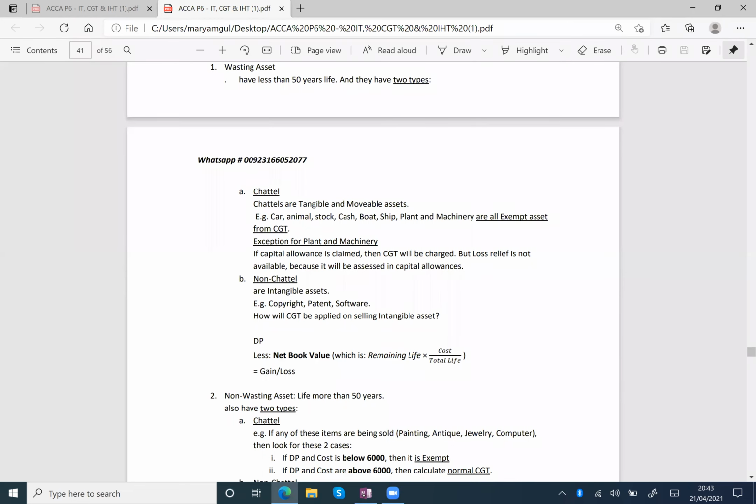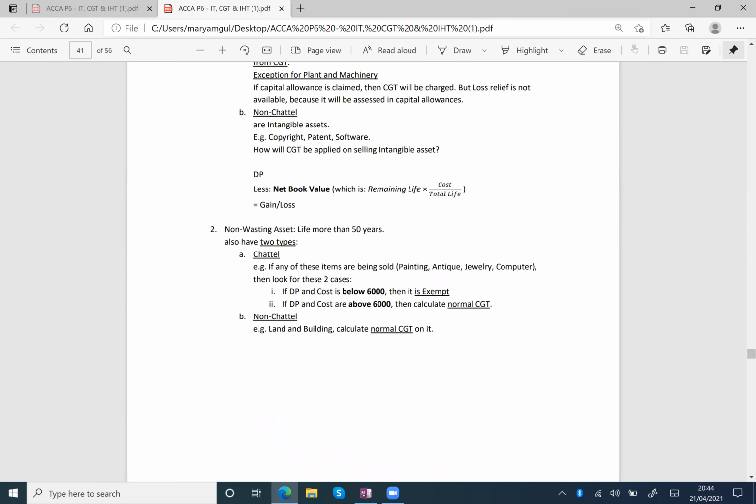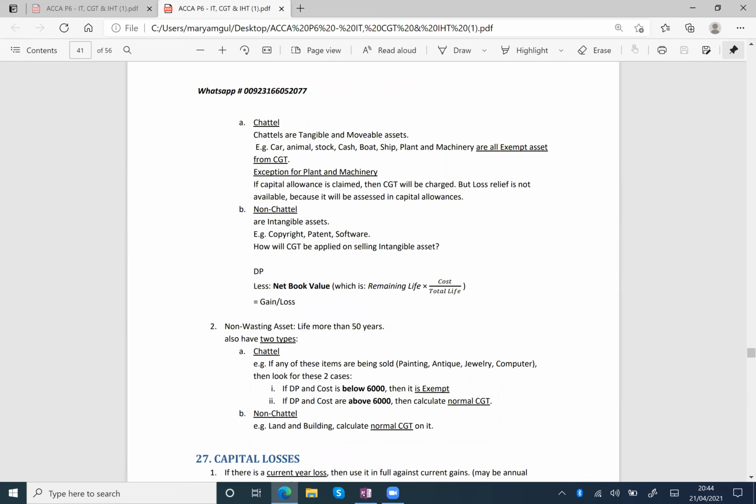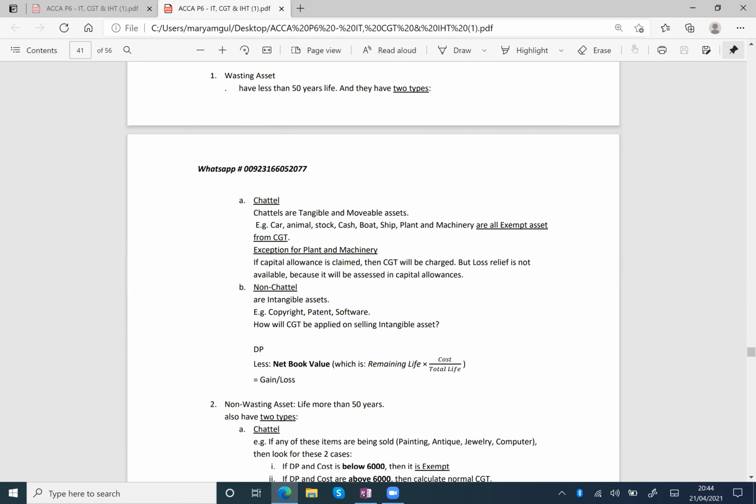Wasting assets have two types: A, chattel and B, non-chattel. Similarly, non-wasting assets also have two types: A, chattel and B, non-chattel. Firstly, I will discuss the wasting assets. Chattel means tangible and movable asset. Tangible means you can touch it. Movable means easily moved, just like sofa, chair, table. Examples of wasting asset chattel are car, animal, stock,